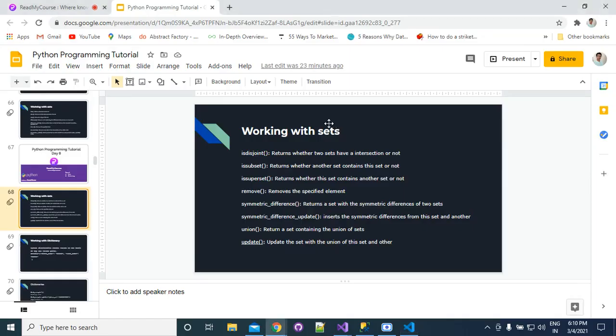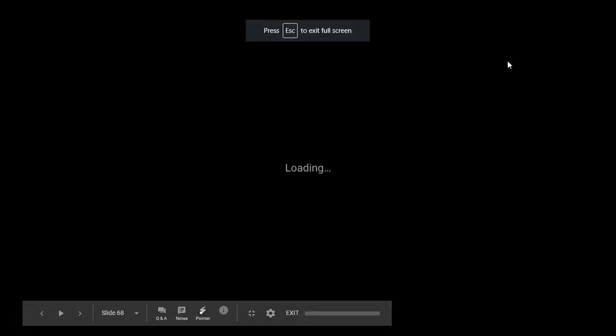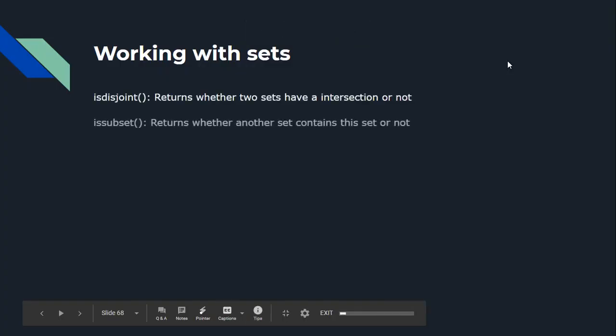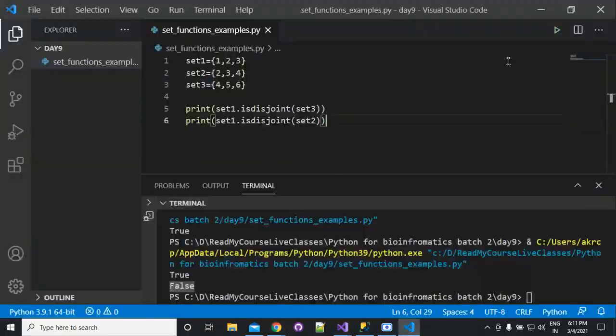Okay. Next is issubset. What is the meaning of subset? It returns whether another set contains this set or not. Next is issuperset, which returns whether this set contains another set or not. So what is the difference between subset and superset?